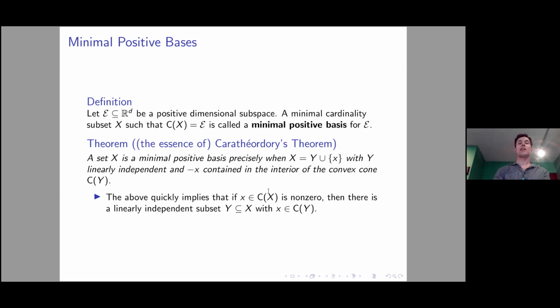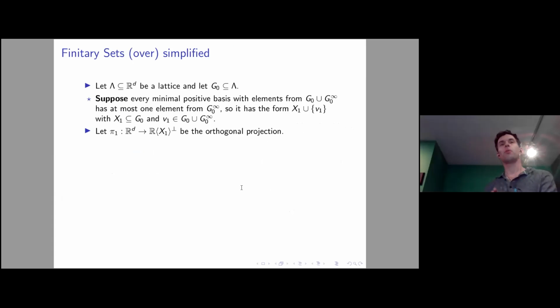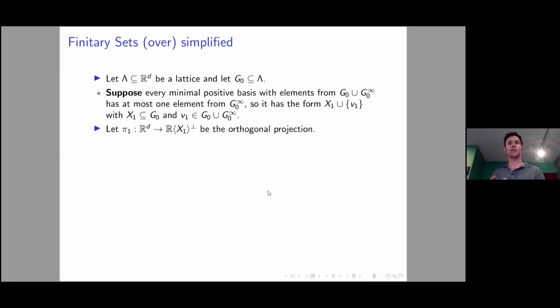So working over the real numbers, everything works out quite nicely. And with these definitions in mind, I can now give a fairly simplified version, mostly for this talk, but to talk about the fuller details of what's going on, we'd need more time. We don't have quite the time to get into some of the more subtle details. But this should give you the basic idea of what's going on.